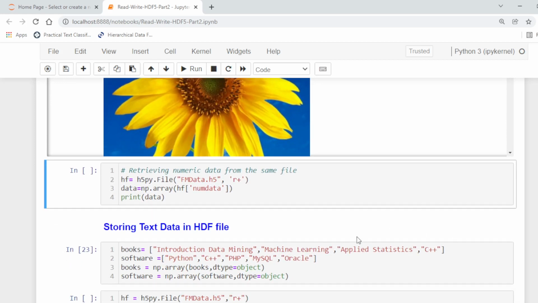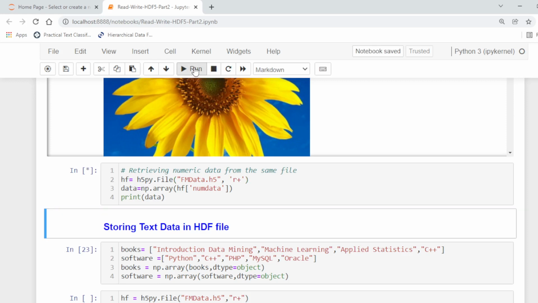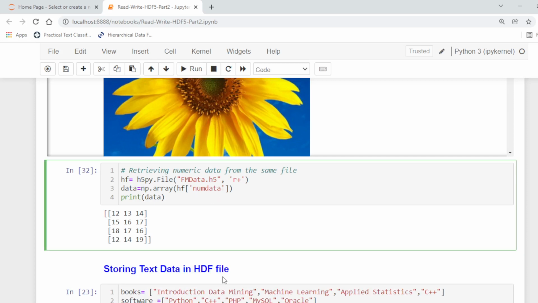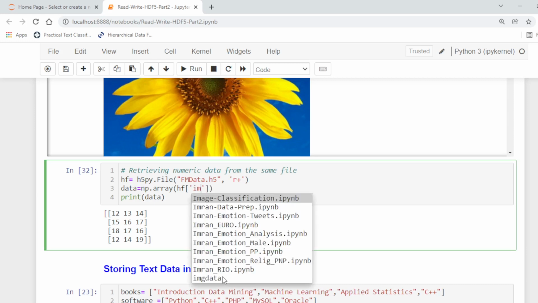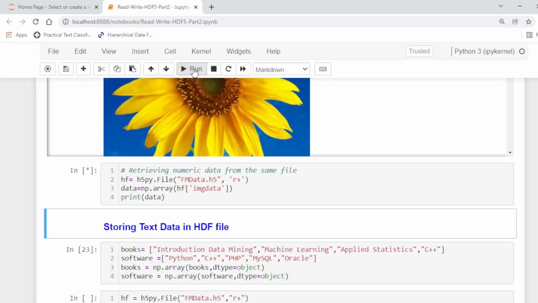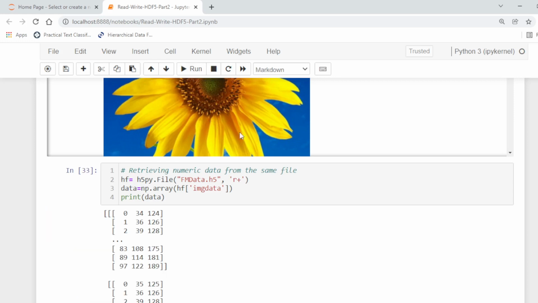So we can retrieve different data sets from the same file. For example, if we run this, it will retrieve the num data set from the above. Similarly, if we change it to, for example, image data, we are using the same file, so it will retrieve the image from the HDF file like this, because actually this is a three-dimensional array.